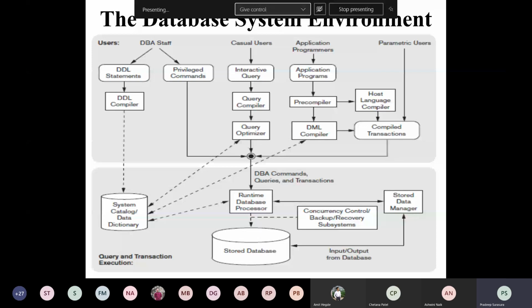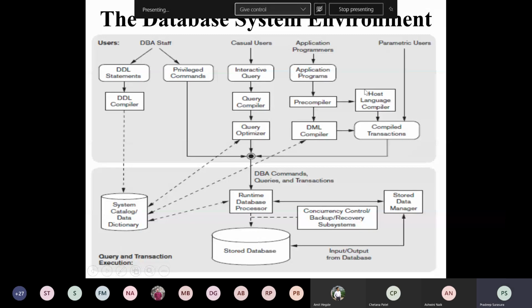If I am writing SQL inside Java code, the syntax is different. Likewise, it differs with respect to what particular language I am trying to use. That language becomes the host language, and the compiler for the host language is called the host language compiler. So SQL commands all will have a specific syntax that has to be compiled.